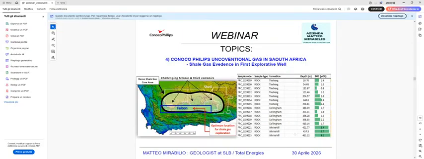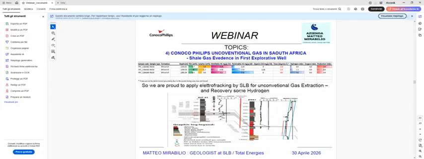So it's not an optimal depth. We have to find the optimum location for shale gas exploration in this area that is called the Karoo shale gas area in the Falcon. ConocoPhillips Unconventional Gas in South Africa. Shale gas evidence in the first exploration well. We have the evidence of shale gas in the first exploration well,